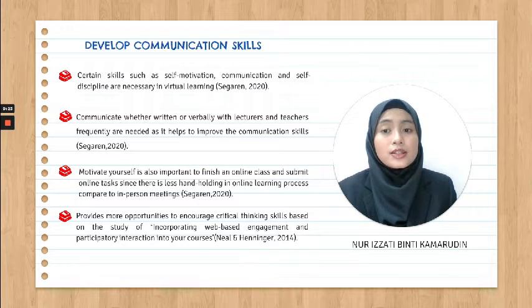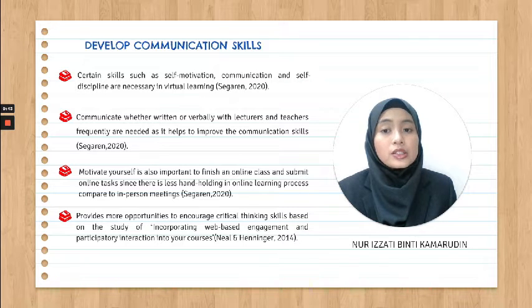Certain skills such as self-motivation, communication, and self-discipline are necessary in virtual learning. This is because they are the main important things that help us in the virtual learning process.